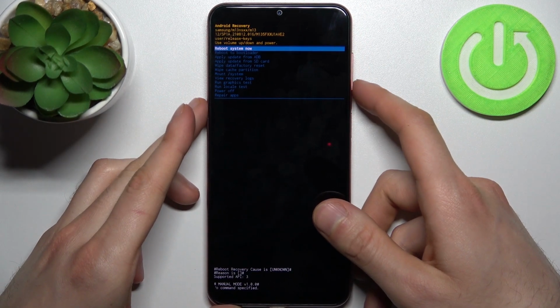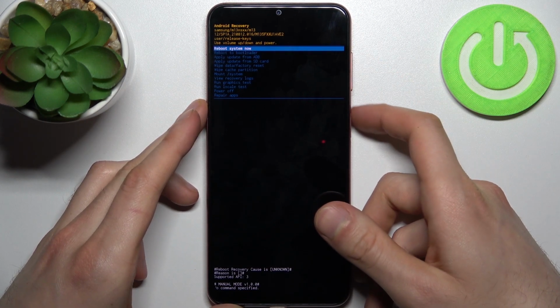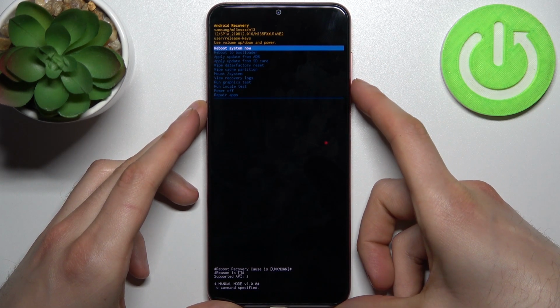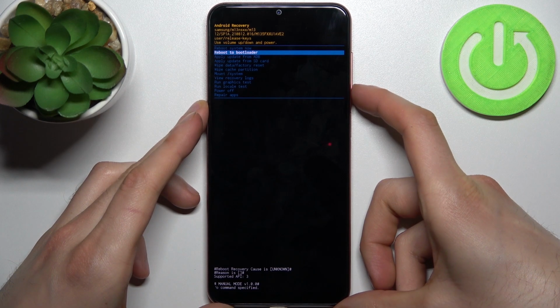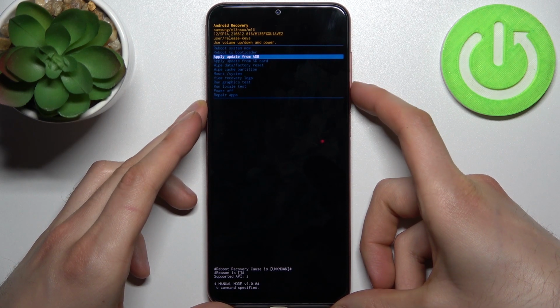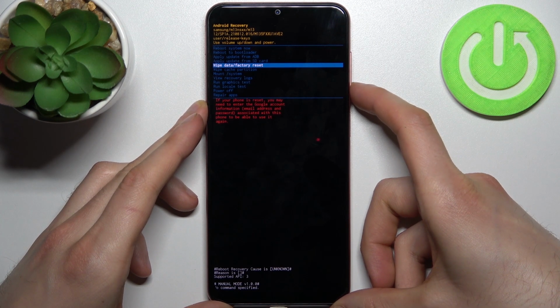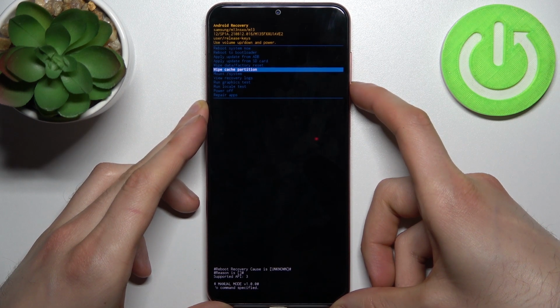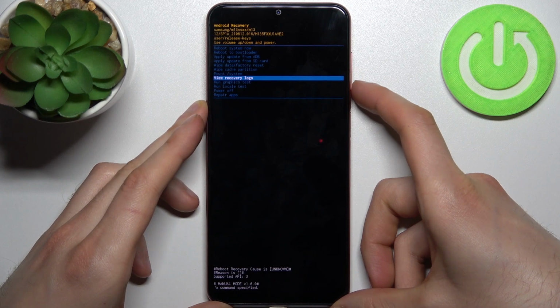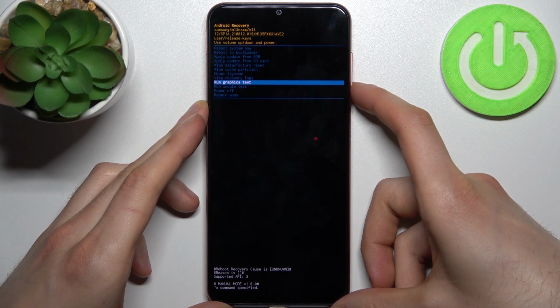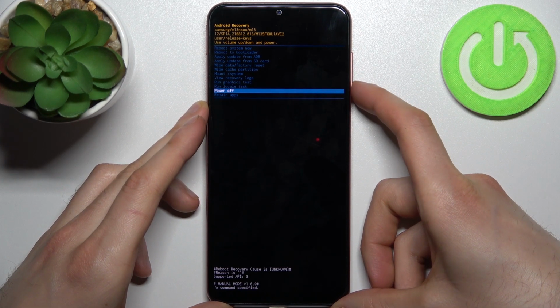So here with the recovery mode, you can use volume keys to navigate and power key to select, and you have such options as reboot system now, reboot to bootloader, apply update from ADB, apply update from SD card, wipe data factory reset, wipe cache partition, mount system, view recovery logs, run graphics test, run local test, power off, and